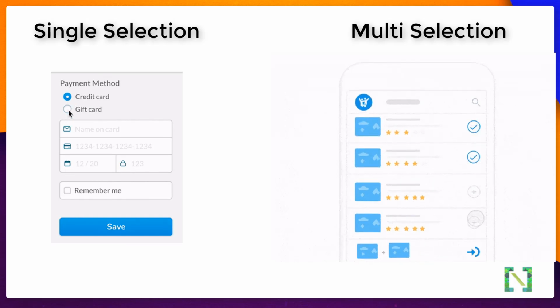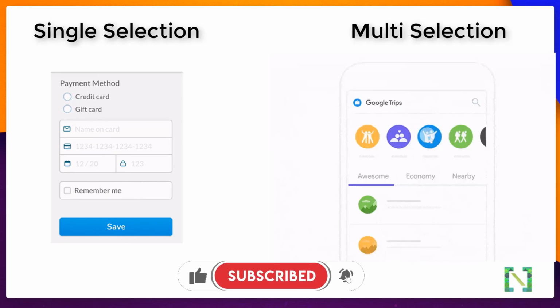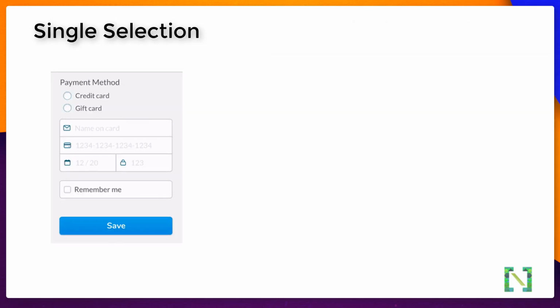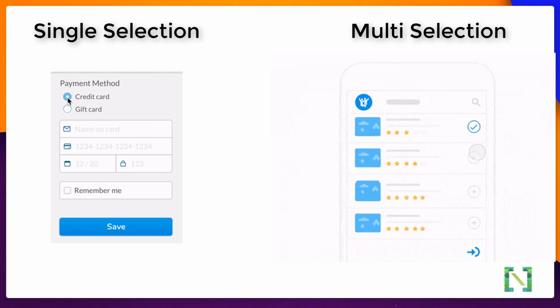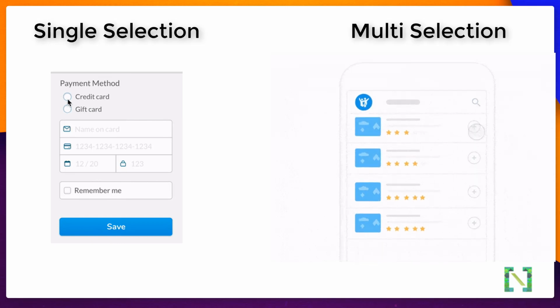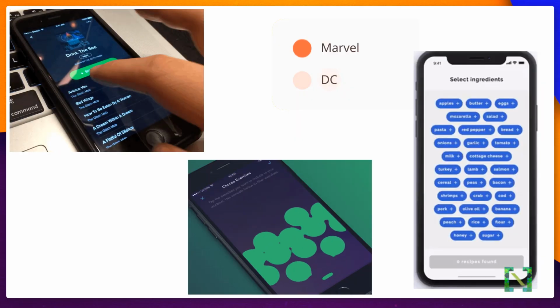In single selection, we give the user an option where they can select a single option from multiple options. Like you can ask the user for their gender, age range, answer to a quiz, a mode of payment at the time of checkout. You can select only a single option from these multiple options. On the other hand, we have multiple selection. In multiple selection, we have a range of values where you can give a range of selections, like a list of hobbies. You have to select a list of skills, categories, your favorite movies. These options can be multiple for a single user.